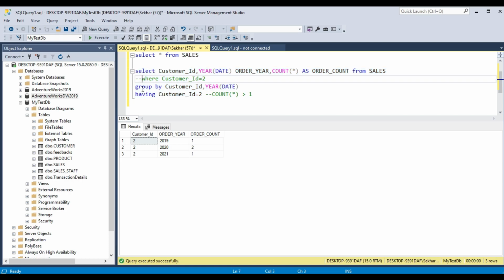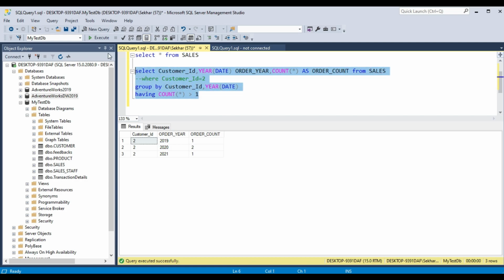But when you want to add a filter condition on an aggregate function, any kind of aggregate function you use in your query, that time you have to use having. If you are not using a filter condition on an aggregate function, then you are okay to use where or having. But if there is an aggregate function and you want to add some condition on it, only having would work. Just like for example count star was not working for where, but it works for having.